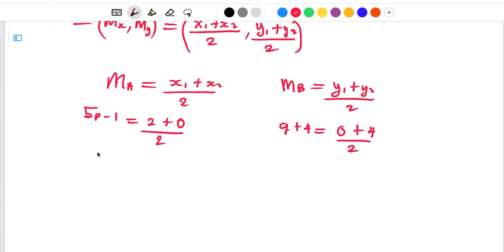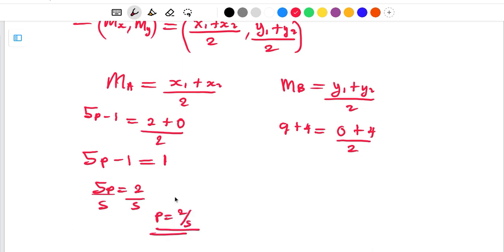So we can do the computation here. We have 5p - 1 equal to 2 divided by 2, because 2 + 0 is 2, and 2 divided by 2 is 1. So this one can go to the other side, and we have 2, because 1 + 1 is 2, and then divided by 5. So p is equal to 2/5. So I have found the first value. What about this one? q + 4 is equal to 0 + 4, which is 4, divided by 2 is 2. Then q is equal to 2 - 4, which gives us negative 2. So q is equal to negative 2. So this is how you're supposed to find